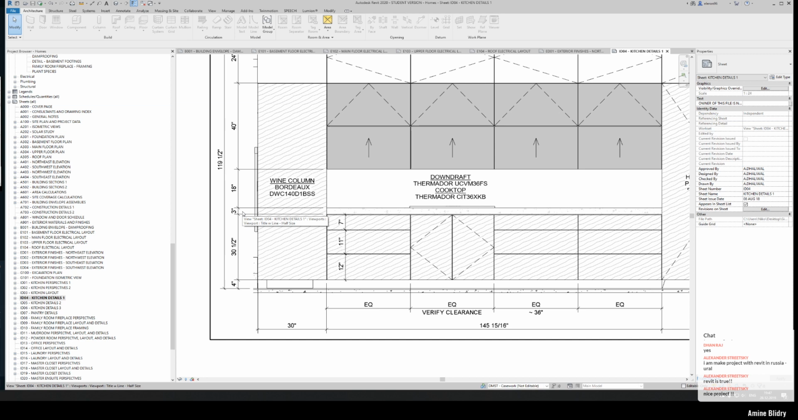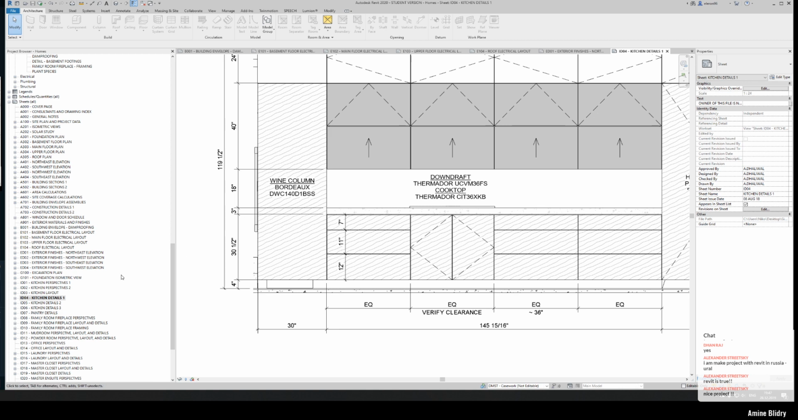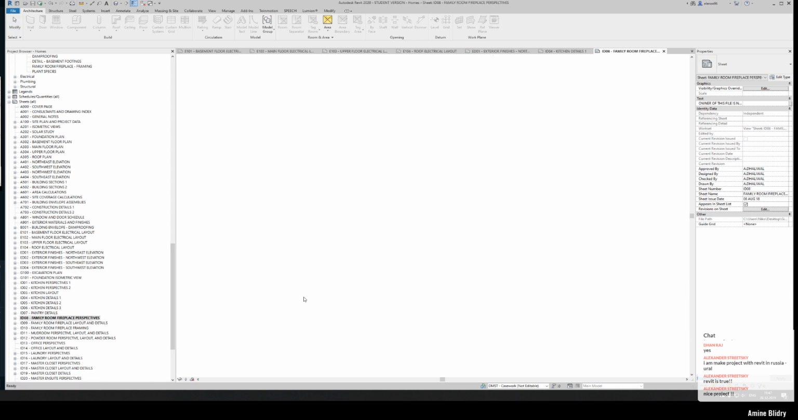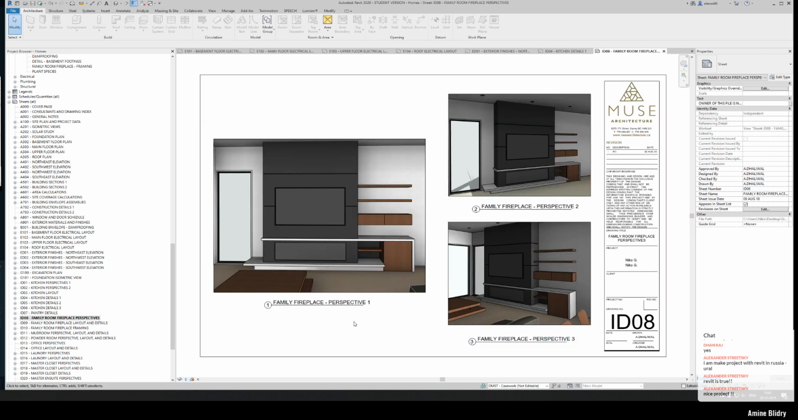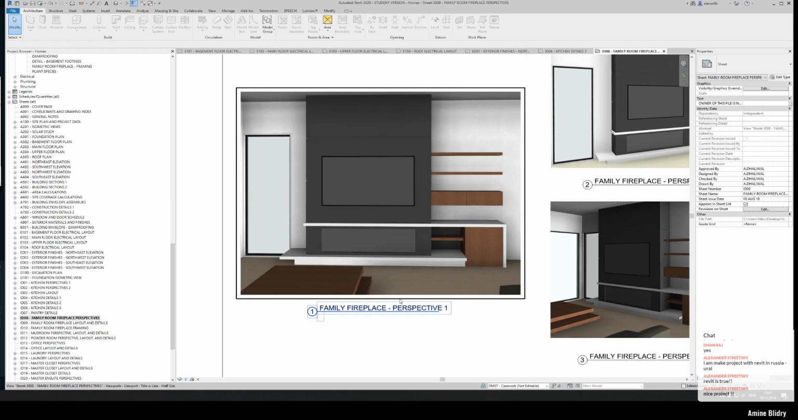But if you go to the elevation, for example, to our kitchen, you will not see these details, because we have it here. Don't duplicate it. Family room, fireplace, and as you can see here, it's already some 3D renders. It's not 3D renders, we can say this is like a 3D sketch from Revit, and it will be enough. This will be enough because we are trying to